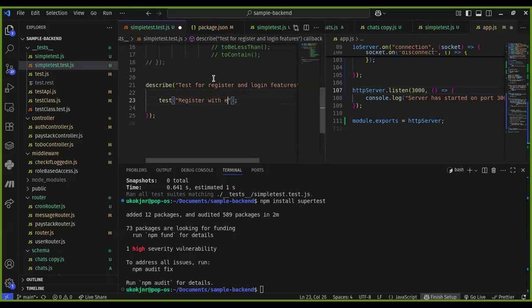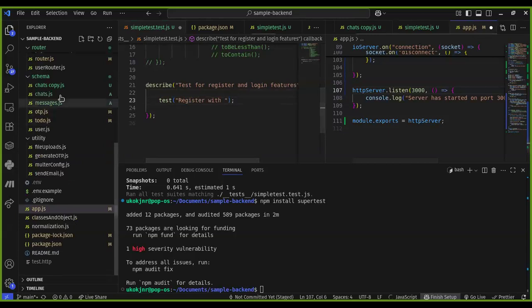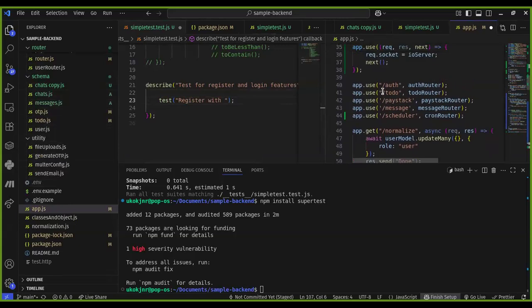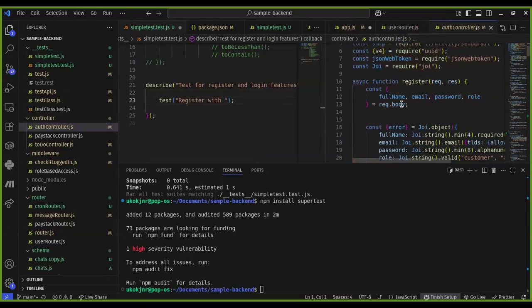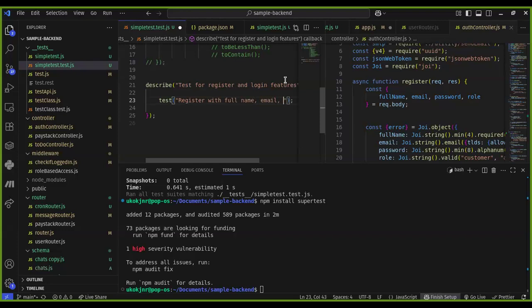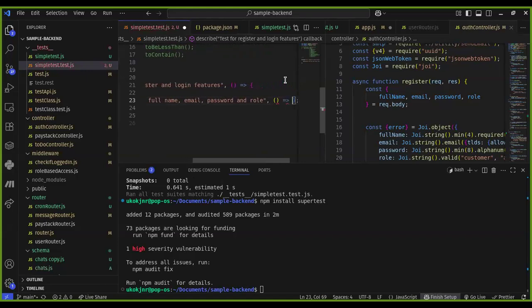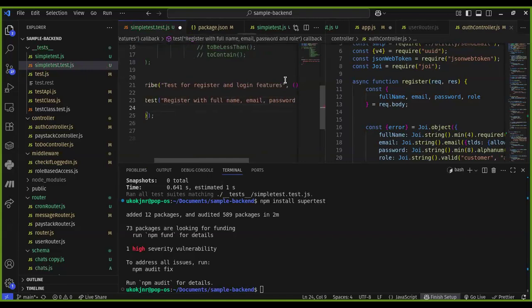Register with... let me see, how am I registering? I guess I have that route here. Okay, there's auth. So let's just see what fields I am registering with: full name, email, password, and role. Register with full name, email, password, and role. Yep. So once I do that, the next thing I want to do is call SuperTest, because